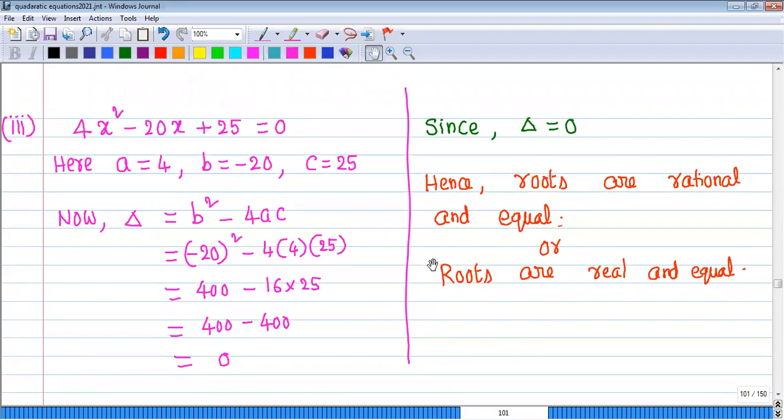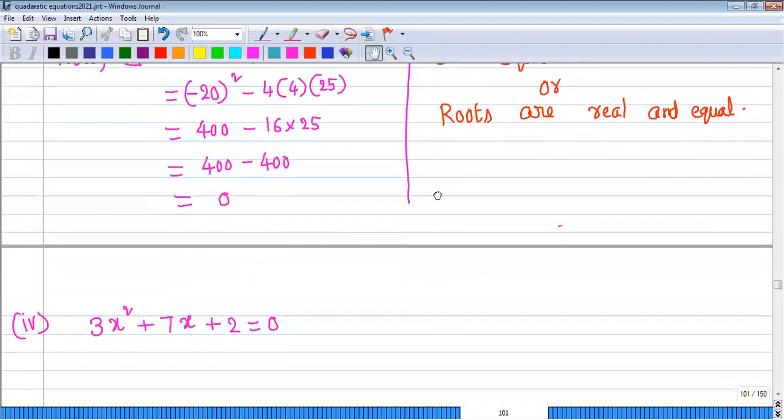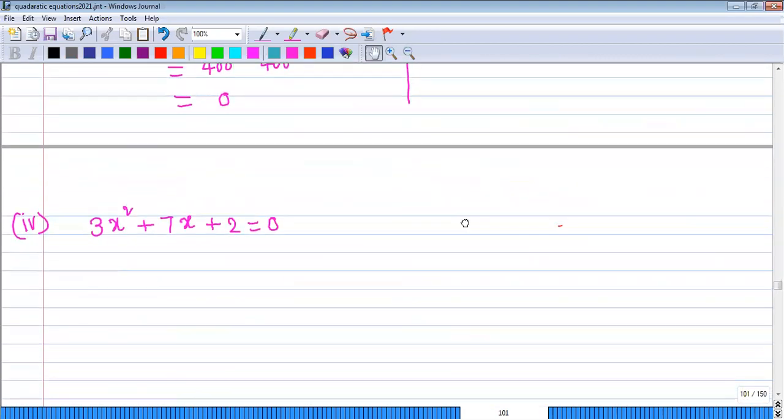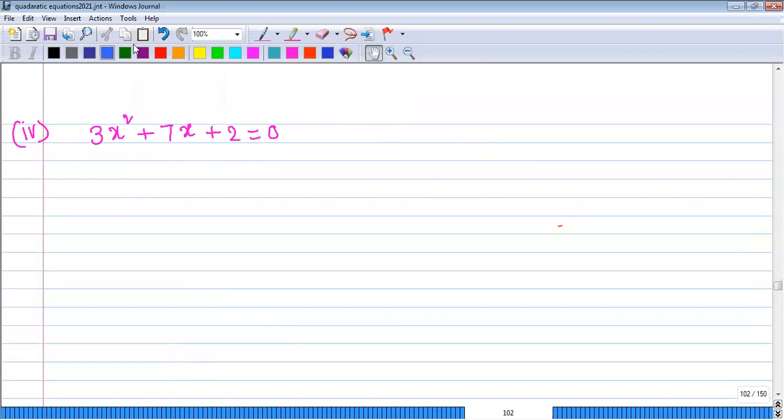Sir, rational and distinct. Perfect square you are getting, delta. Yes, sir. 25 delta. Right. Yes, sir. 25. Here, sir, a